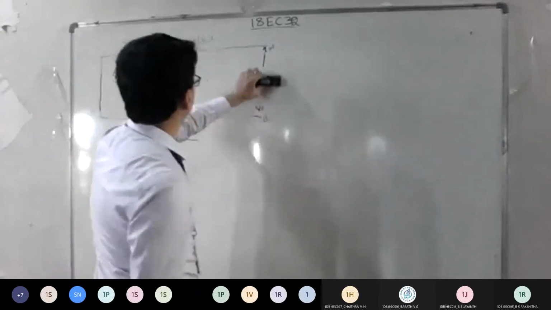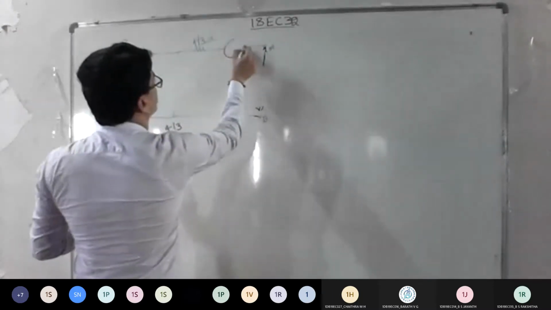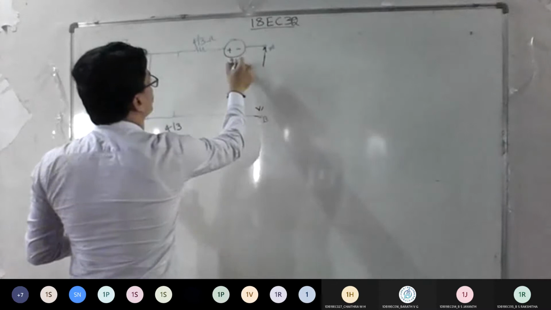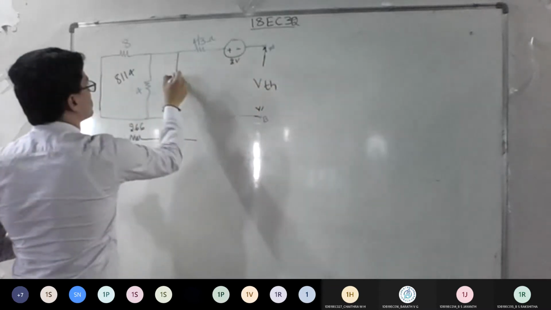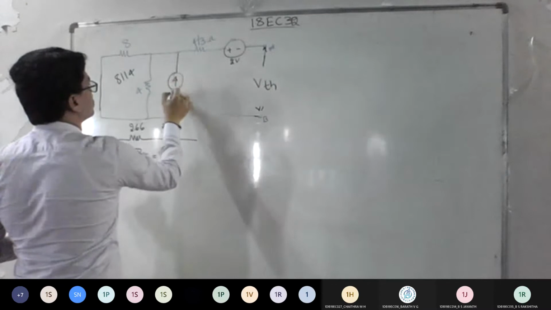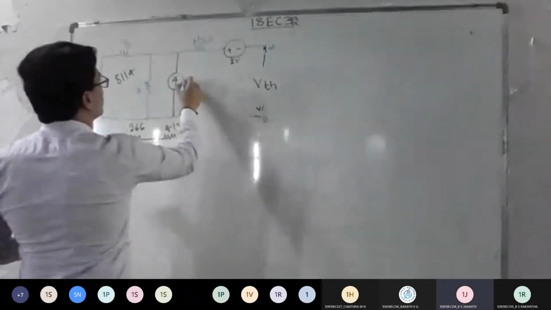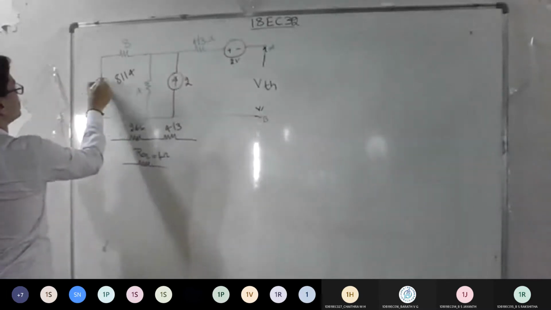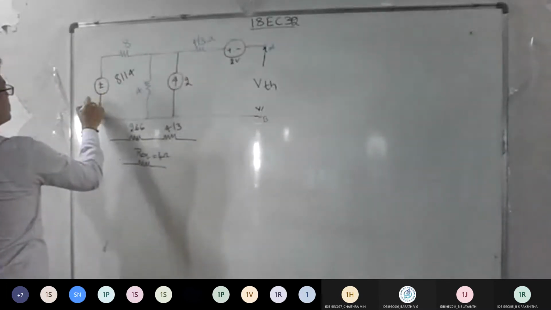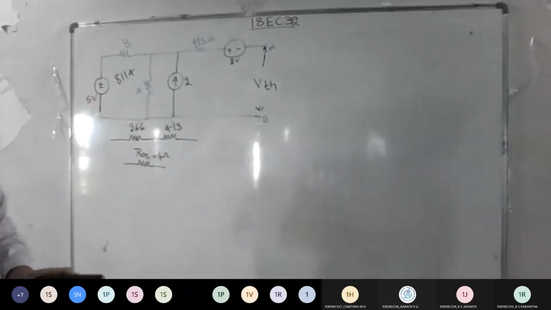What was there? So I'm going to replace a voltage source of 2 volt. Plus minus 2 volt is there. So this will be your VTH now. And there was a current source. What was the value I gave? 2 amps. Yes, sir. Yeah, 2 amps. And replace back your 5 volt also. Okay. So this is how the circuit looks now.